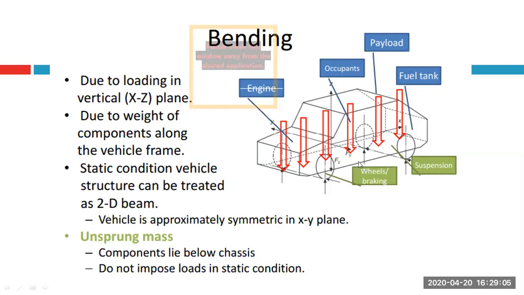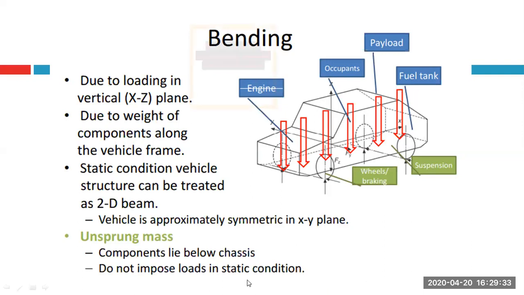And then you also have some other forces, so at the wheels, or the wheel and road contact. So what you see here is that there is a reaction that is going to be seen from the ground, and then you also have braking forces or acceleration or traction forces, right? So static condition, whenever the vehicle is in standing position, this can be treated as a 2D beam problem, right?